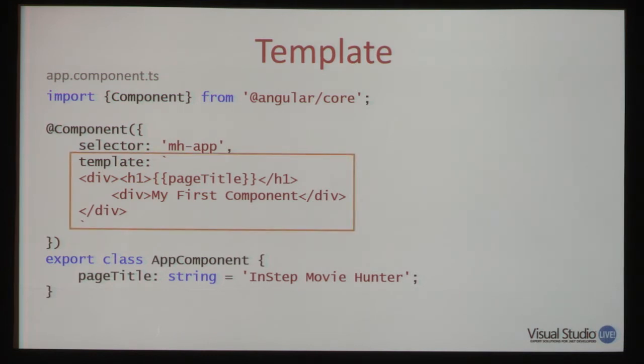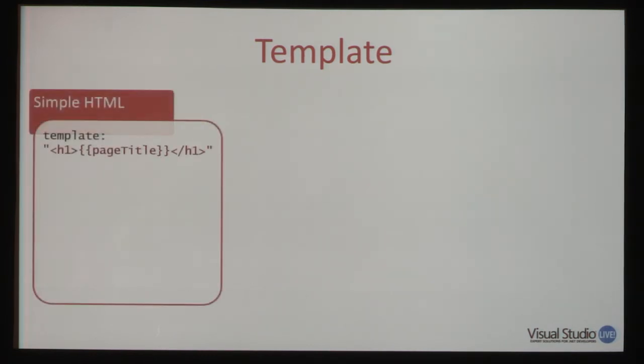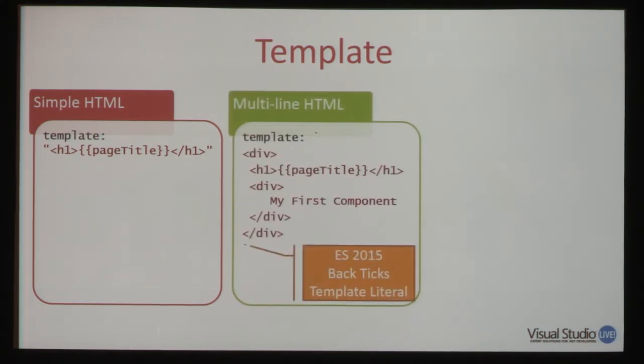So what are our options for defining a template? Well, one option is to just use simple HTML in a quoted string, either with a single quote or double quote, and to use the template property. Another option is to use the template property, like we did in our example, with a backtick. In ES 2015, backticks define a template literal, which allows you then to have carriage returns in there, unlike a regular HTML kind of string. So that lets me put carriage returns and lay that out a little nicer. So that is a little bit nicer than going off to the right.